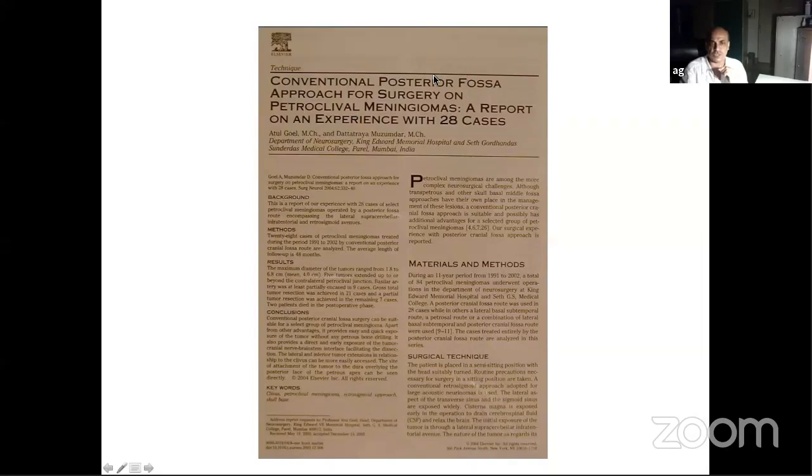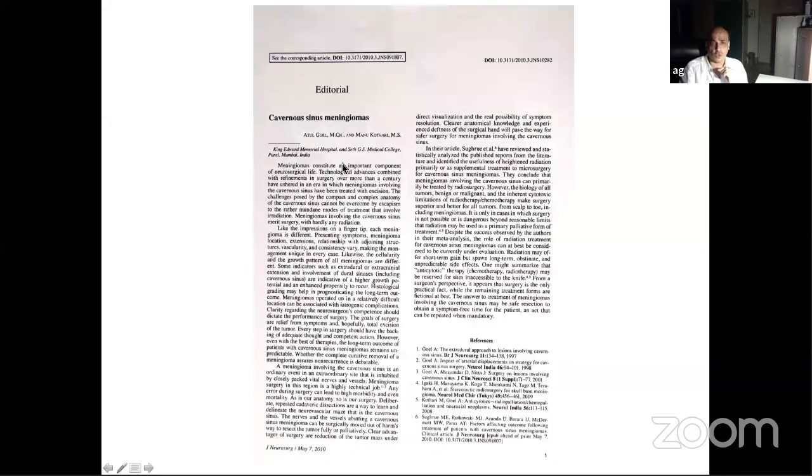You must read this article of mine. You must note down this article. This will be on the net. Supracerebellar approach for petroclival meningiomas. This article also, I want young people to note down, and I want you to read this article when you go back home. It has got some most philosophical surgical strategies for cavernous sinus meningiomas. I'm sure young people are recording this article. Go back home and read this article, Surgery on